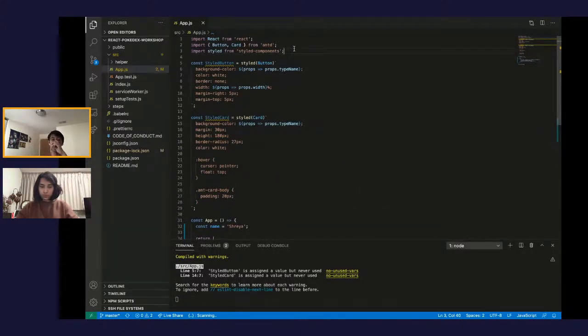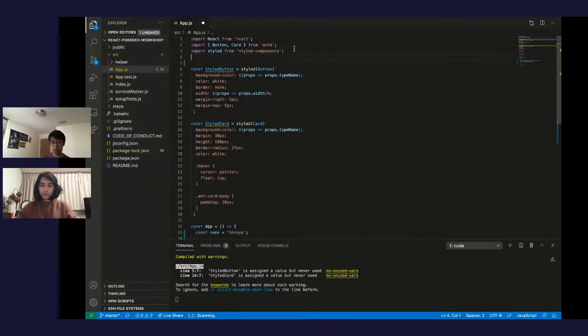We can do that by first importing some functions that I made for us so that we don't have to statically put in images later on. All you have to do is type import, curly brace, getPokemonImage with a lowercase m, from helper slash Pokemon helpers,